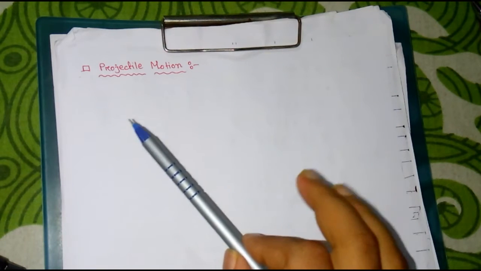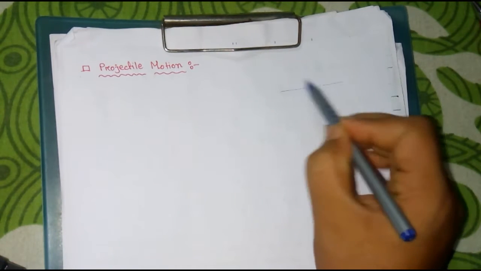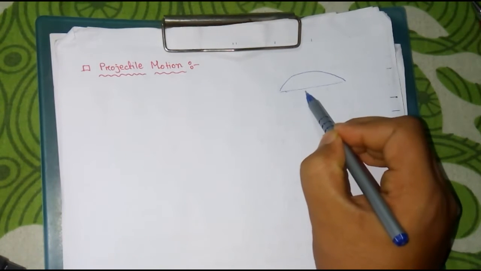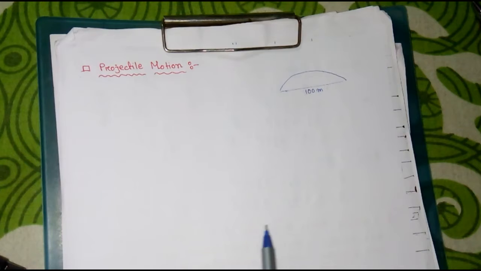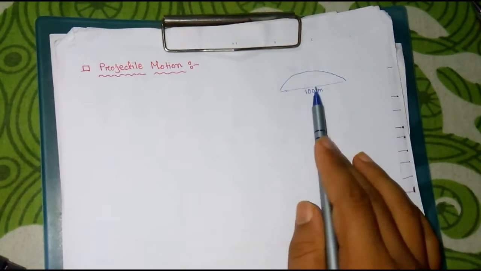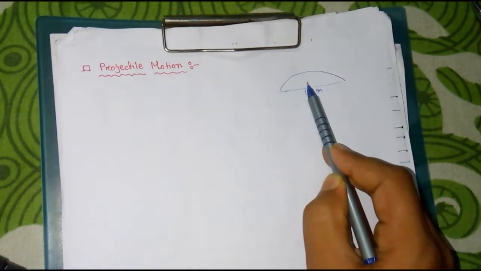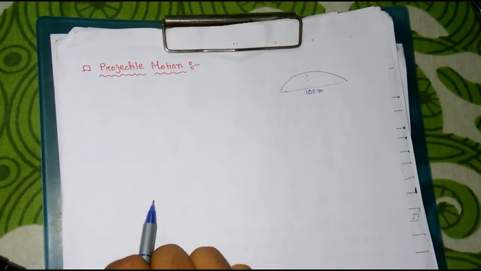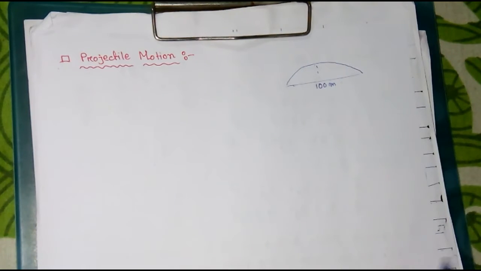You have often seen in a cricket match or in some football matches, that when a batsman hits the ball for a 6, you can see a diagram showing the ball going this way. Suppose it is written that the distance of the 6 is 100 meter horizontally. We can find how they actually calculated this horizontal distance and the height of the 6. We are going to learn about these things in this lesson. So listen carefully, and if you have any problem, you can write in the comment box. I will definitely answer you.